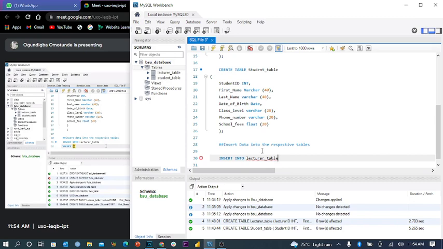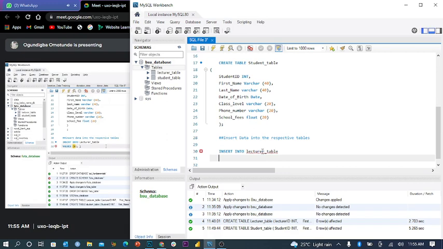So now the first thing we said was teacher ID, that is integer. So let's assume the vice chancellor said the lecturer ID for the first lecturer that is bringing in the databases is 01. To specify that, you put comma. The first name, since the first name is a string, whatever it is that is a string, you have to put it in inverted comma. So let's assume the first lecturer's first name is James.